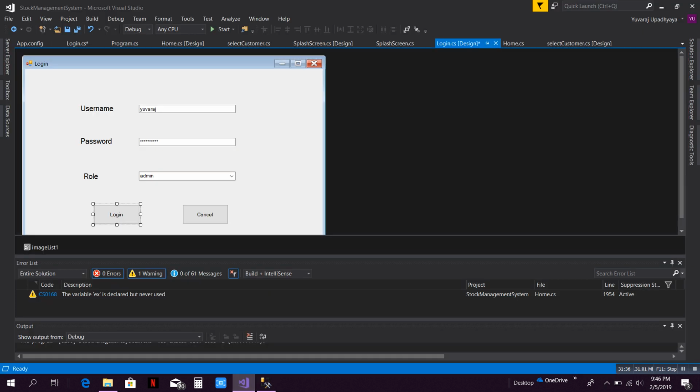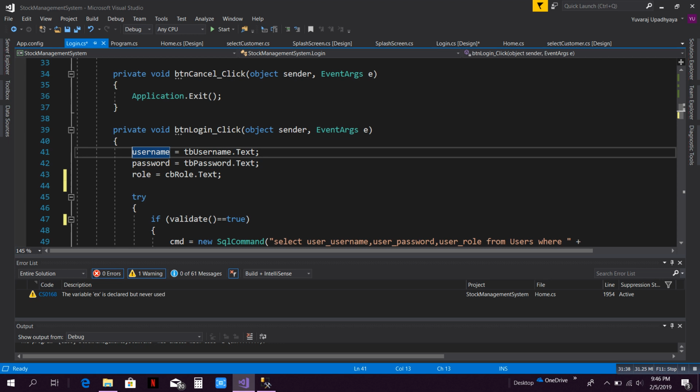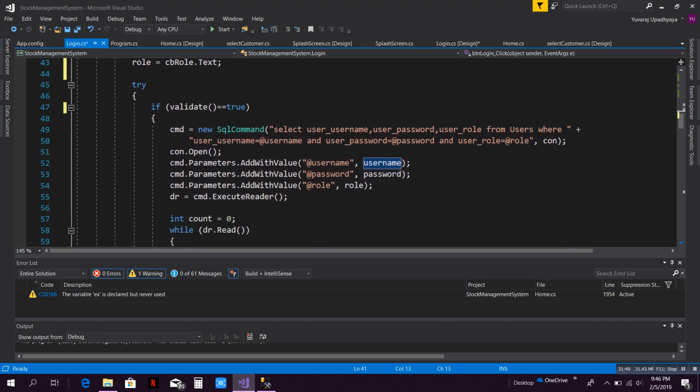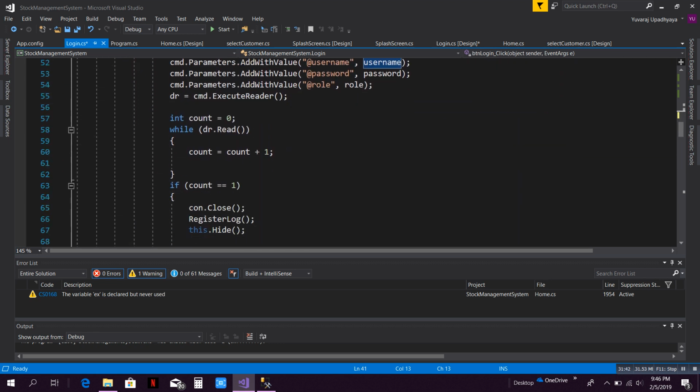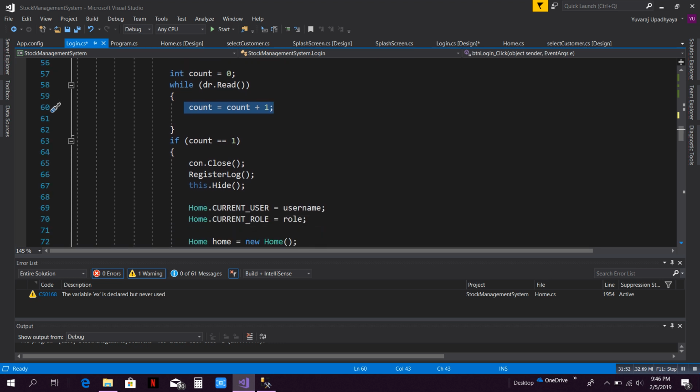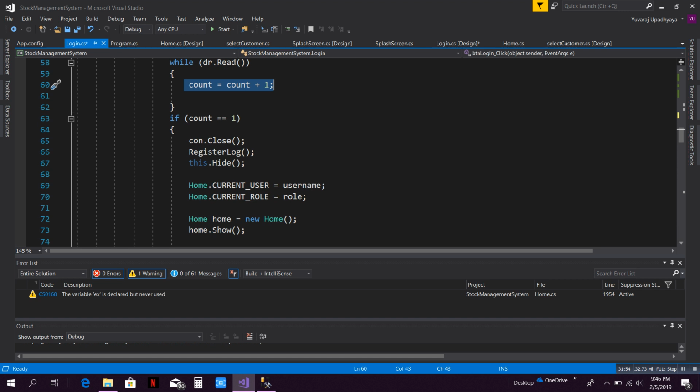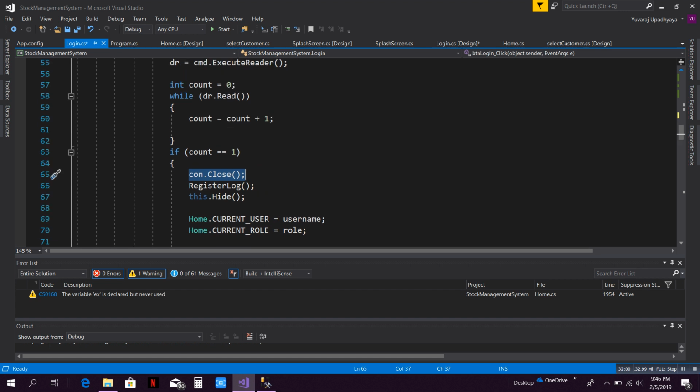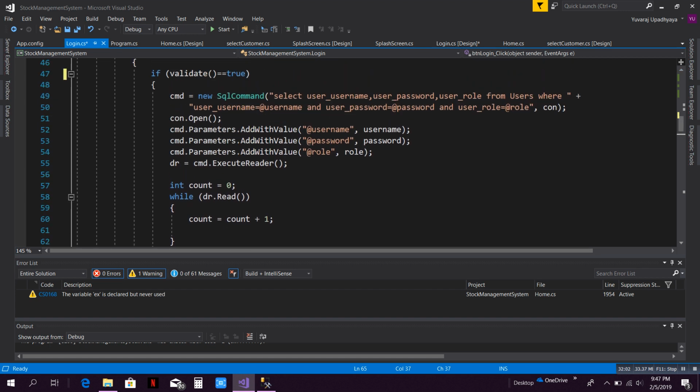So while will be executed one time and this count will be increased to 1, and we'll check if count is equal to 1, then we'll close our connection. This connection was opened here, and we will close this connection,